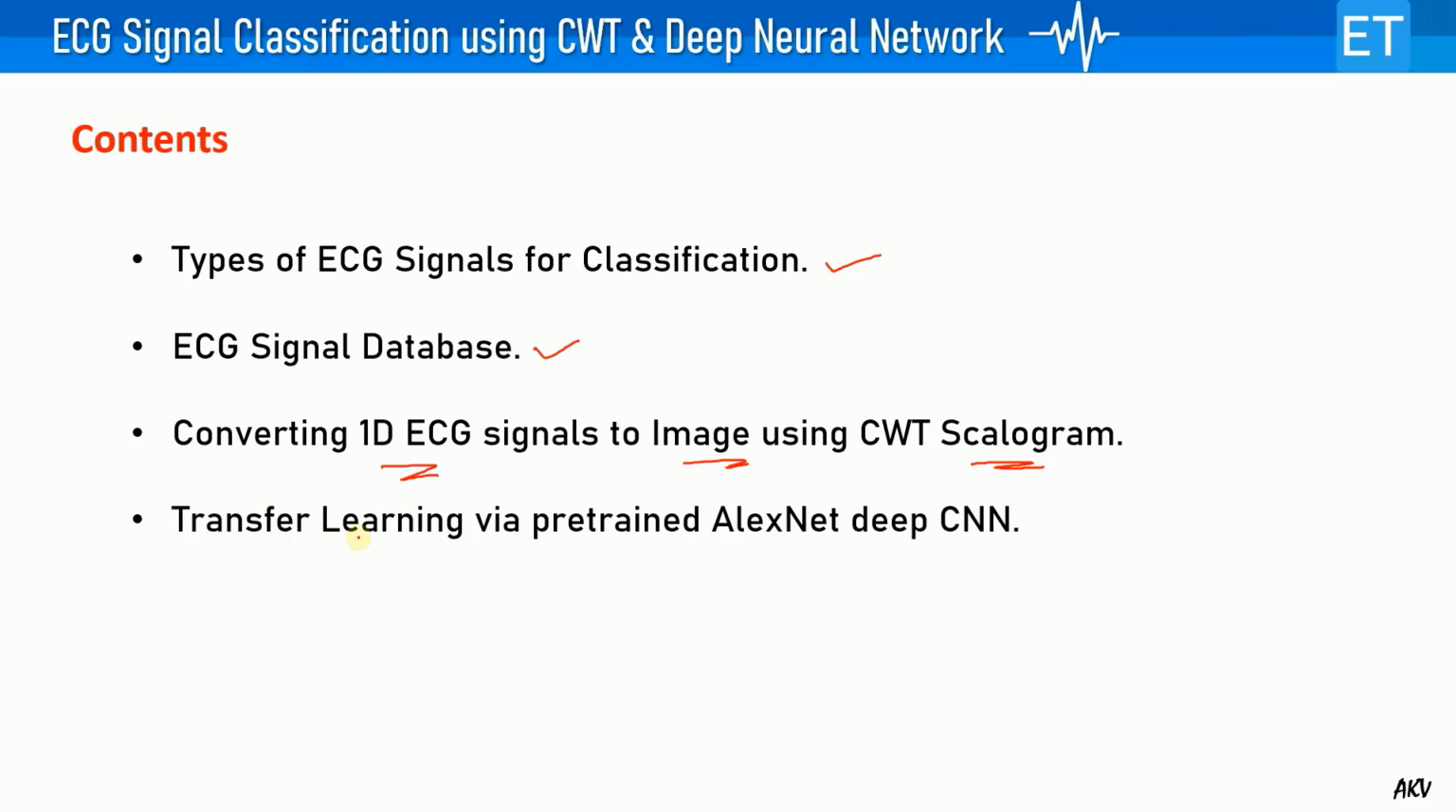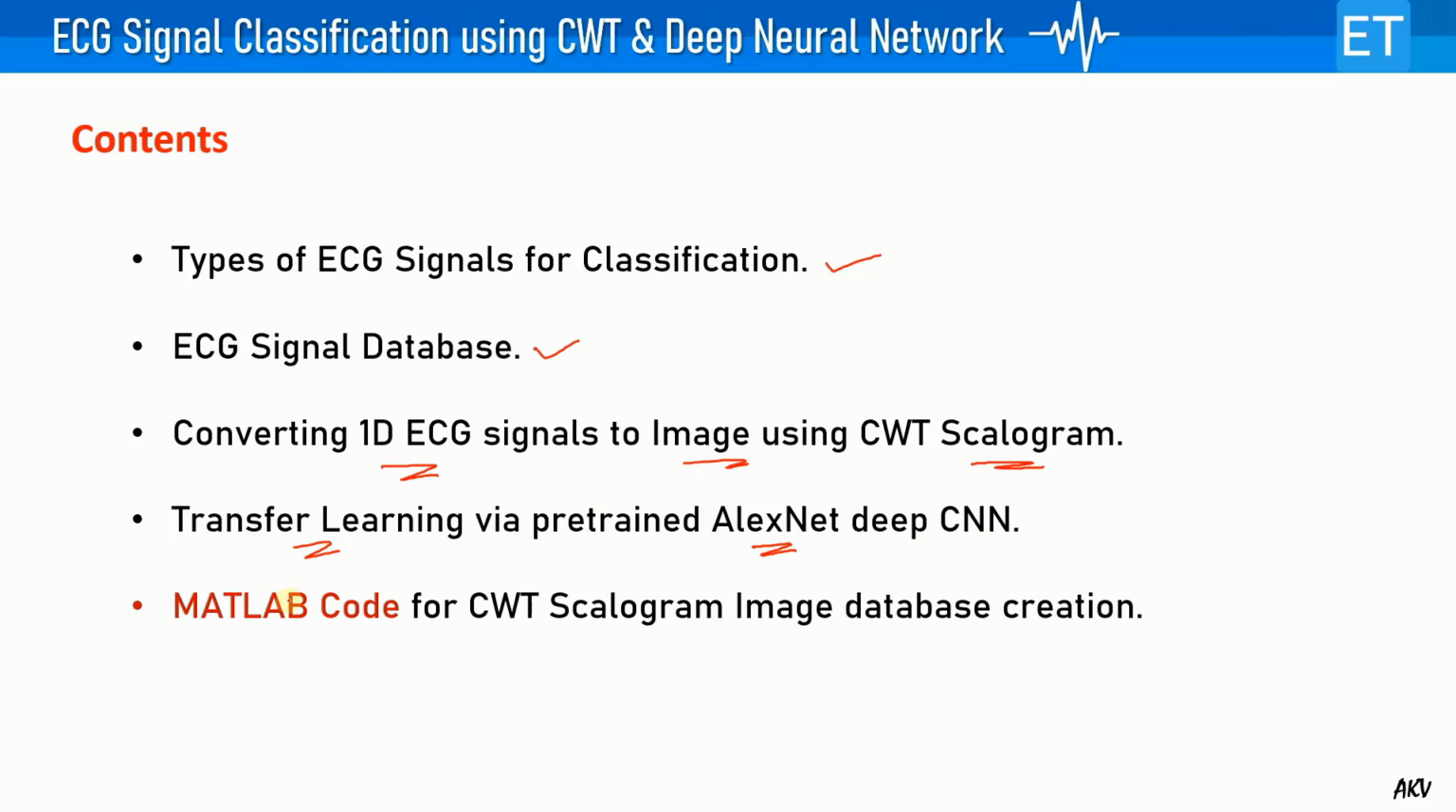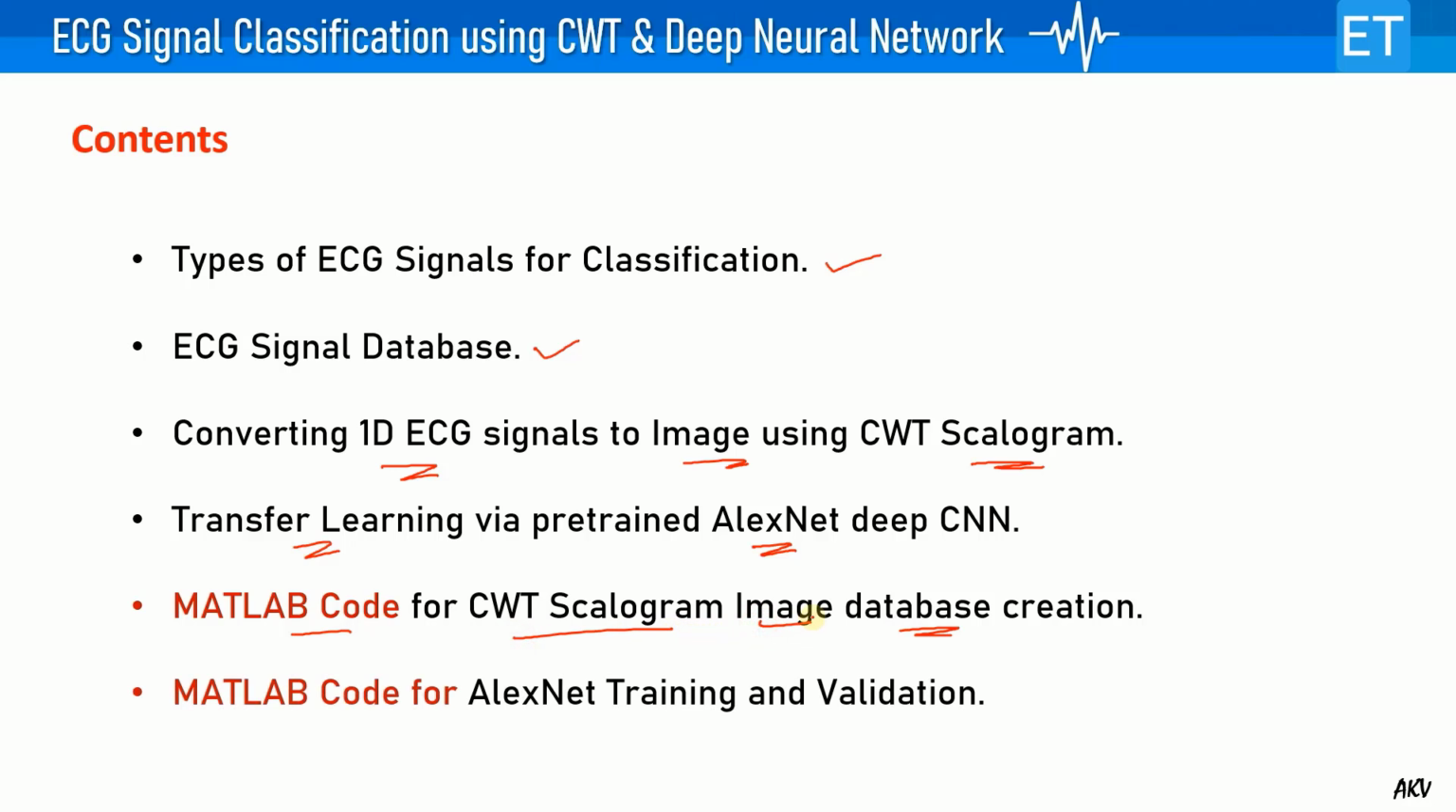And after that, I will explain what is transfer learning and how we can train a pre-trained AlexNet, which is a deep CNN, on our own set of images. And after that, I will explain the MATLAB code for this database creation. I mean, converting all the one-dimensional ECG signals into the CWT scalogram images. And in the last, I will explain the MATLAB code for training and validation of this AlexNet that will be